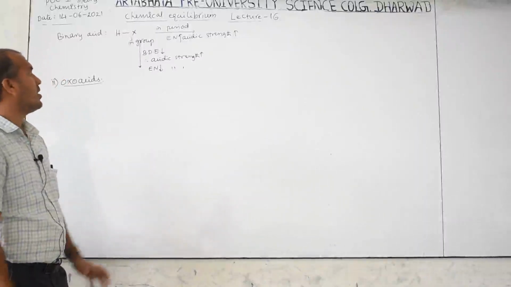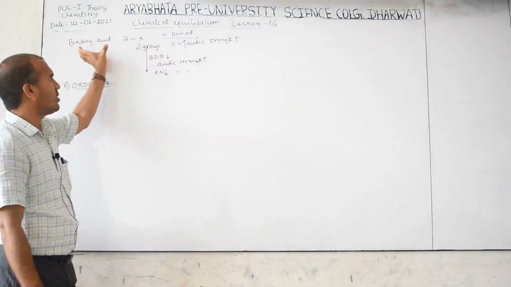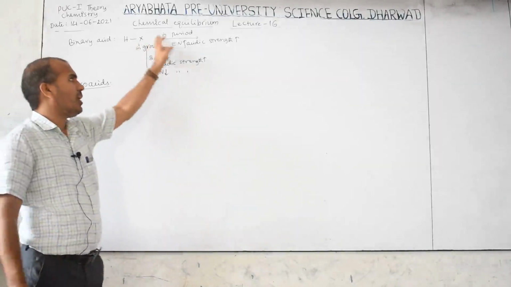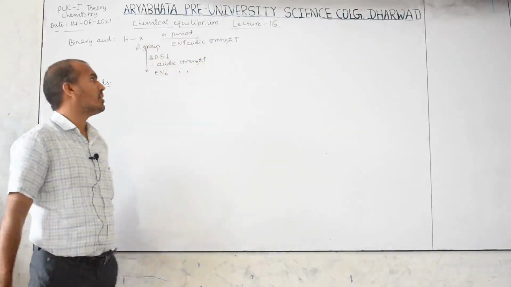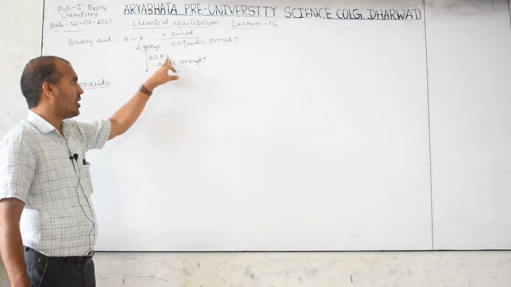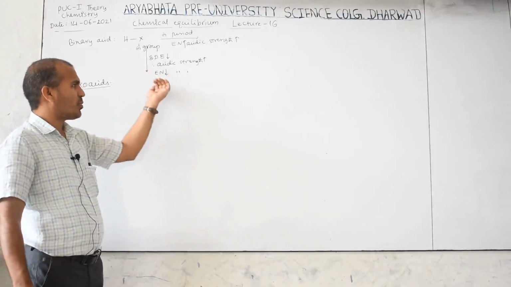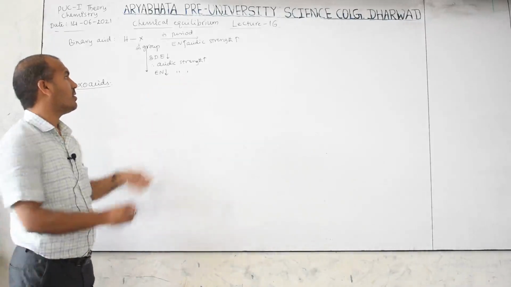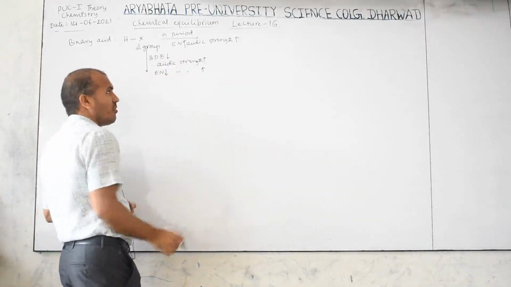In the previous class I discussed the strength of acids. Now in binary acids, what is there? The HX representation is there. In a period, electronegativity increases, so acidic strength increases. In a group, bond dissociation energy decreases, therefore acidic strength increases. Otherwise, electronegativity decreases means acidic strength increases. So here a small difference is there.